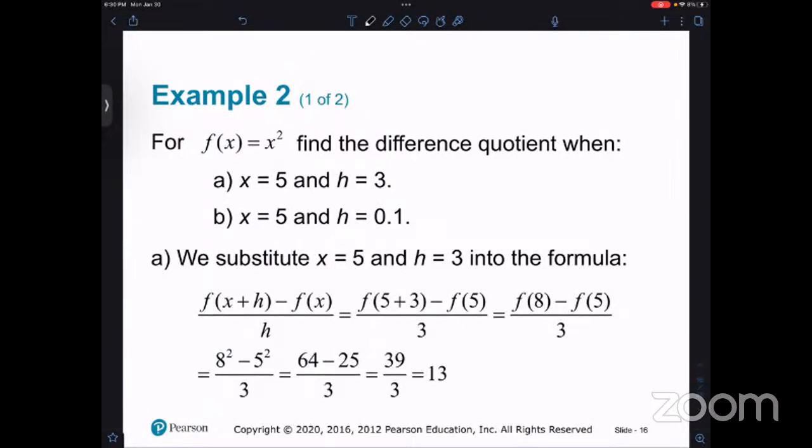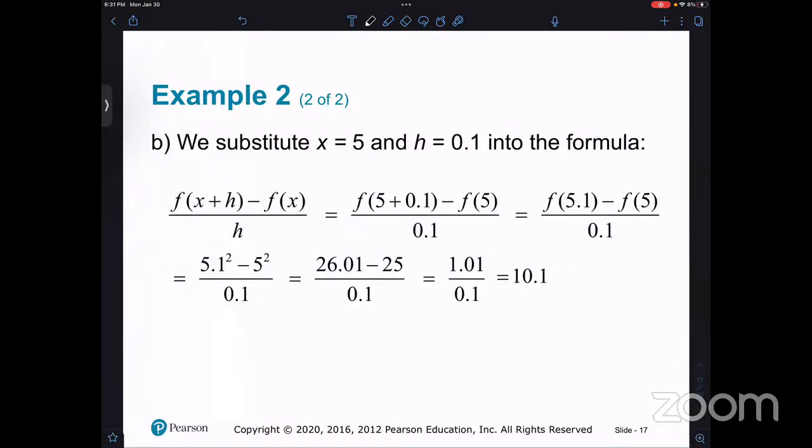You see the 13 there. Okay, they did it different. That's fine. What they did was fine. They did theirs a little bit different. They went on and plugged it in from the rip, but the way I did it was closer to how we're going to be doing it going forward, right? Because this one was just evaluated, because they gave us the 5 and the x and the h and everything, but it's fine. And it doesn't hurt to see a different way of doing things. And again, my way is not always the best way. I'm just showing you that it's possible. I do try to offer the most efficient, but sometimes I'm not privy to it.